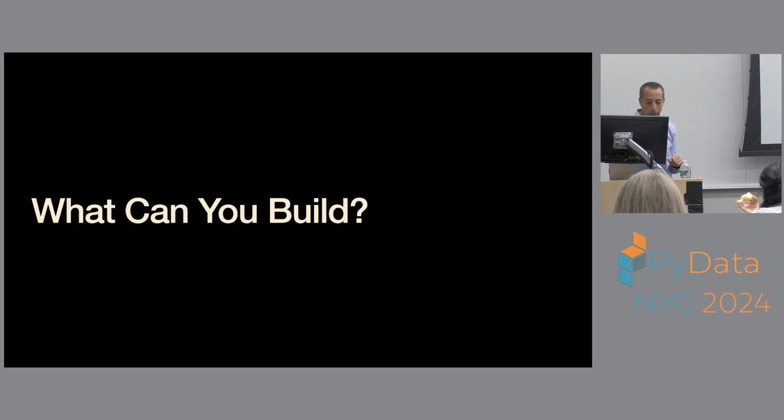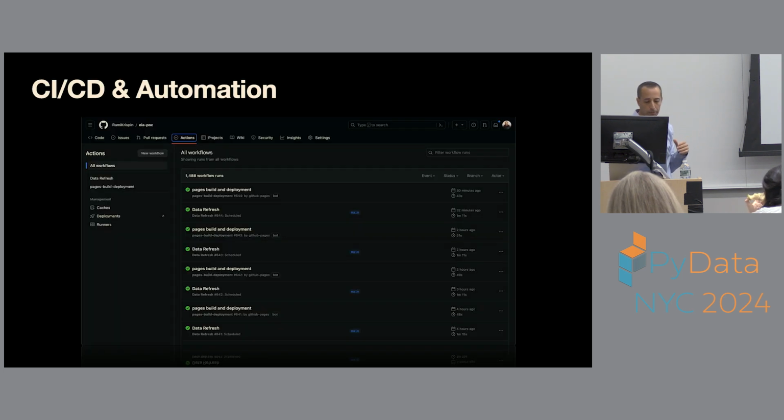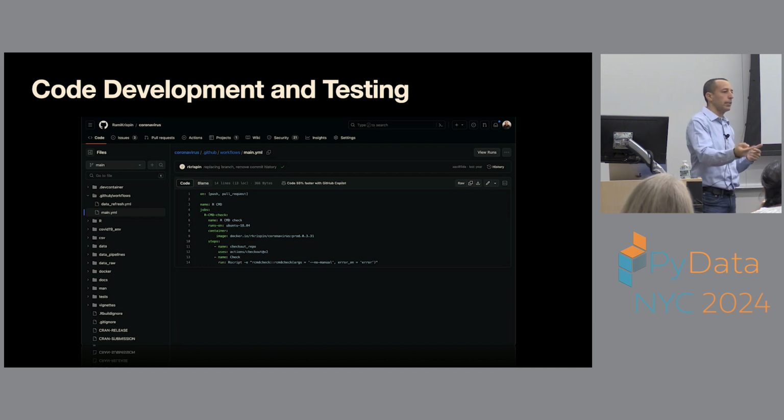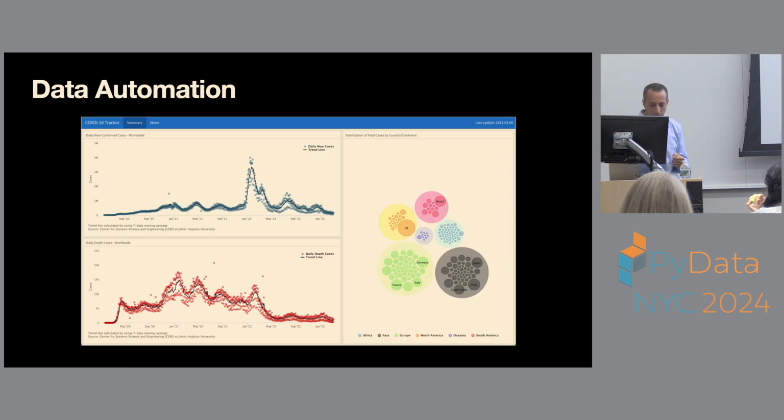All right, so what can we build with GitHub Actions and Docker? You can use it for automation, right? Some basic CI/CD functionality. If you have an open source project and you want to run tests, for example, unit tests that you have deployed, you can set it so that every time there is a pull request or every time you push code, it runs and sends you a report. Data automation,